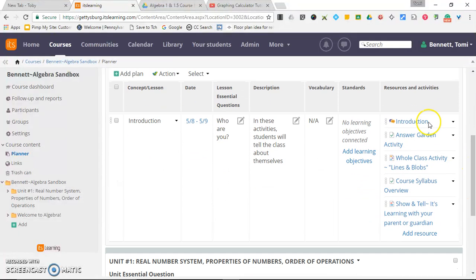And I've added an introduction discussion, an answer garden activity, and a whole class activity using Google Slides. I have a course overview of my syllabus and other policies in Google Slides. And then I have an assignment for the kids to show and tell our It's Learning page to their parent or guardian. So if I go to the course dashboard,